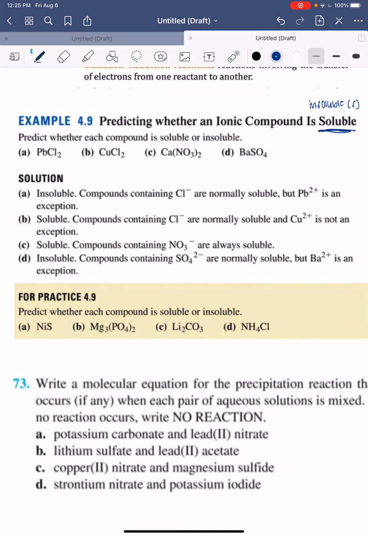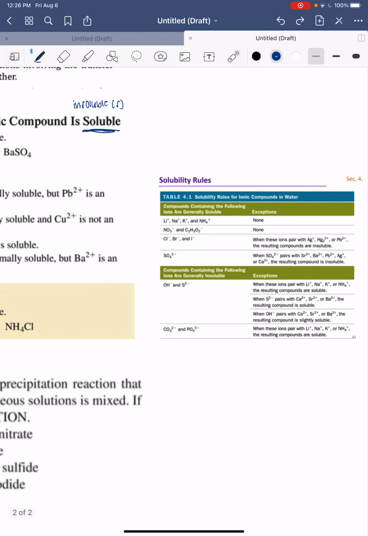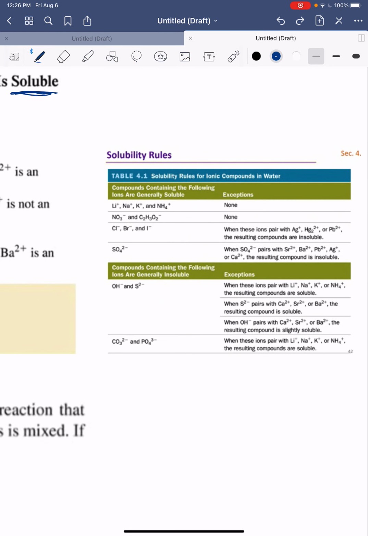You can pause the video here and look through the explanations here for A, B, C, and D. Essentially, we have lead, PbCl2, lead 2 chloride. And if we look at our solubility rules here in this table, if we're looking for things that are insoluble, we don't see lead here. So we know that lead is most likely going to be soluble. If we're looking at things that are soluble,